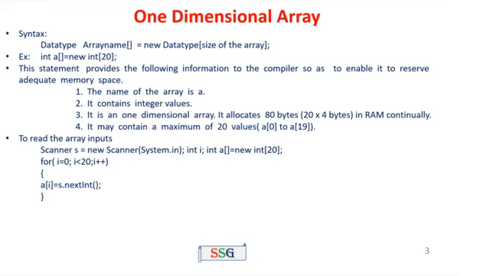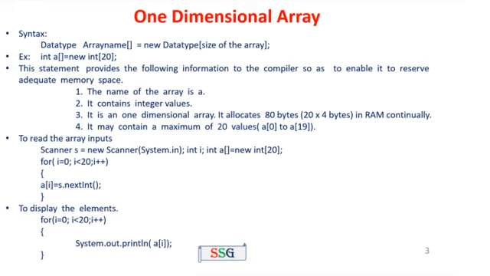The next one, input: for i = 0, i < 20, i++. It means that i works up to 19. That means the index position starts from 0 to 19. Next, a[i] = s.nextInt(). This for loop will be executed from index position 0 up to 19. That means a total of 20 inputs were given to the variable a.